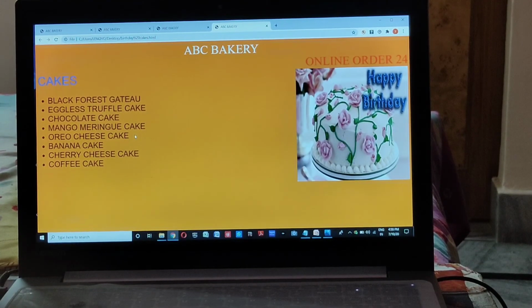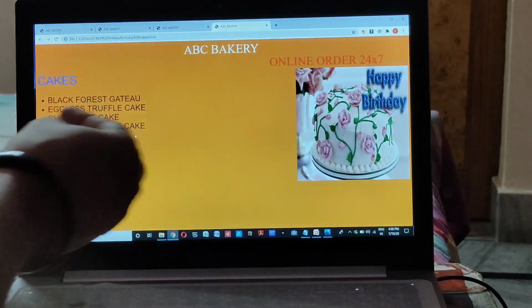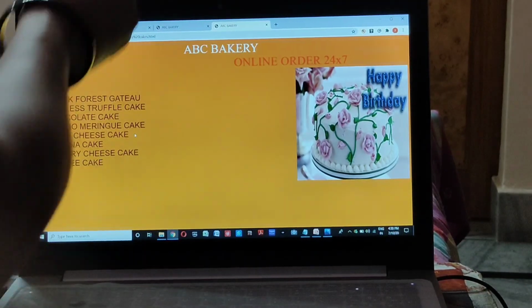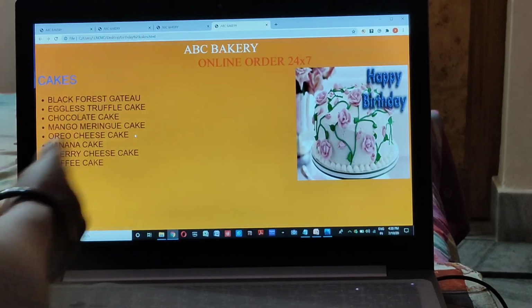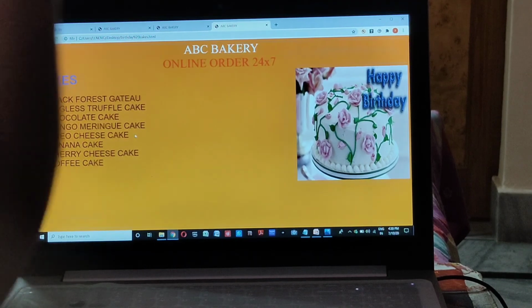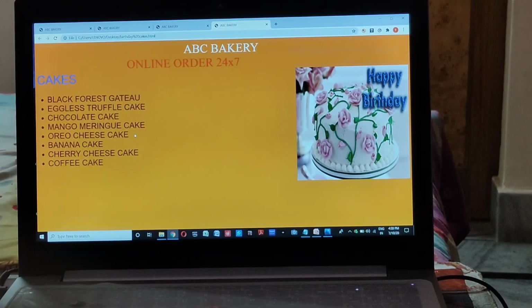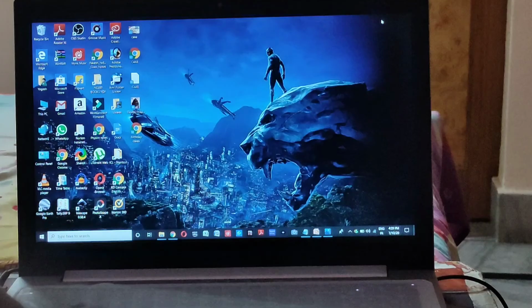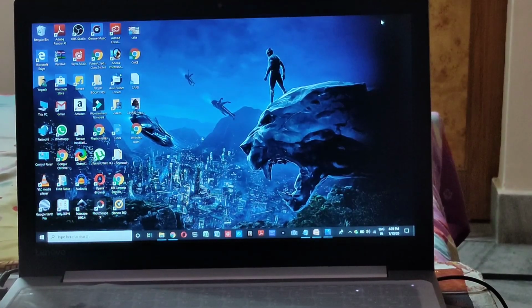So like this you can change on your web page the color of the text, font of the text, style of the text, everything you can change according to your requirement. So you can practice more and more web pages. There are lots of examples given in your chapter, so you can